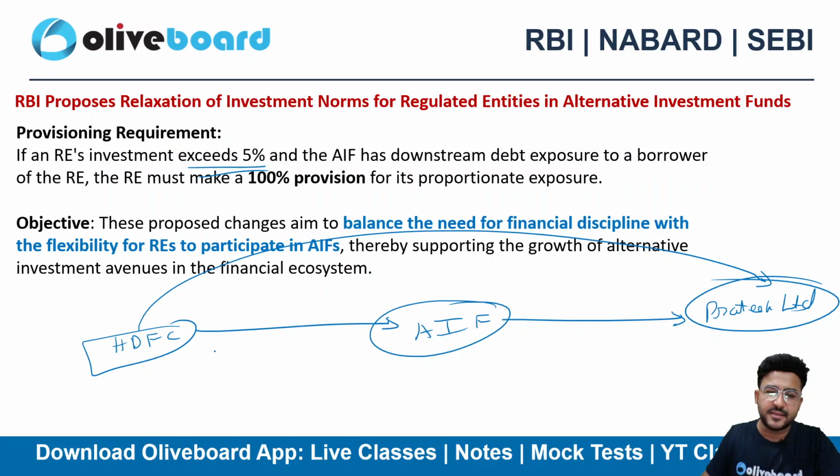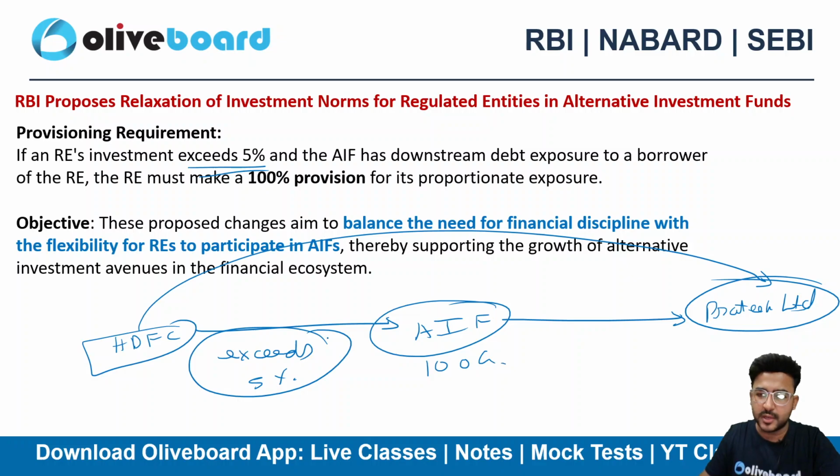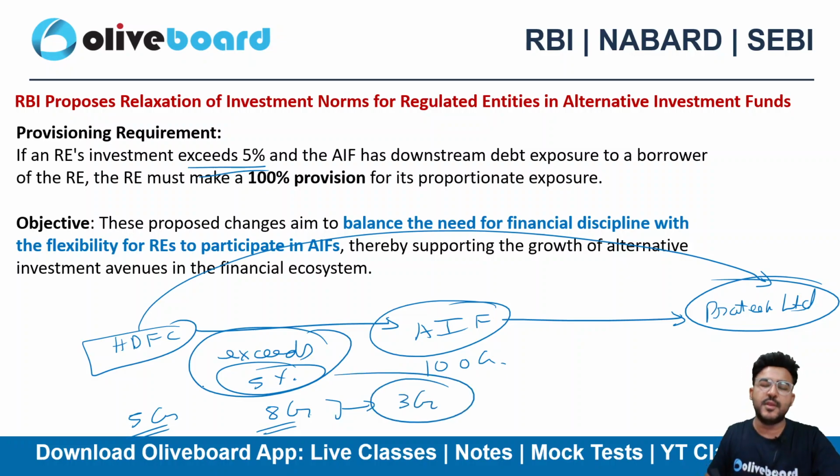So in that case, if HDFC Bank exceeds 5% of the corpus investment, let's suppose the corpus is 100 crore and HDFC Bank has invested, let's suppose, 8 crore, right? So I can say that this is exceeding 5 crore. Up to 5 crore there was no problem. However, this additional 3 crore will be a problem,